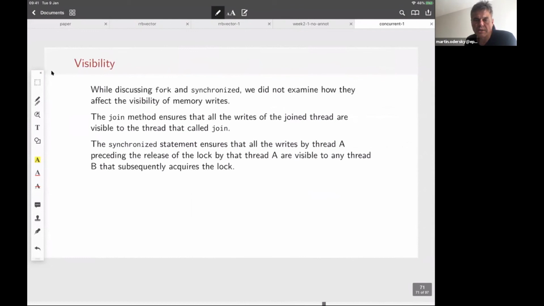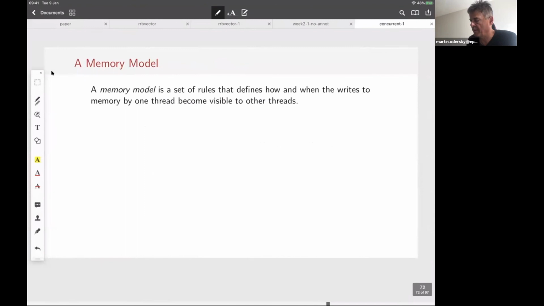And actually the same happens with synchronized. The synchronized statement ensures that all the writes by thread A that precede the release of the lock by thread A are visible to any thread B that subsequently acquires the lock. We'll see what that means in a second.